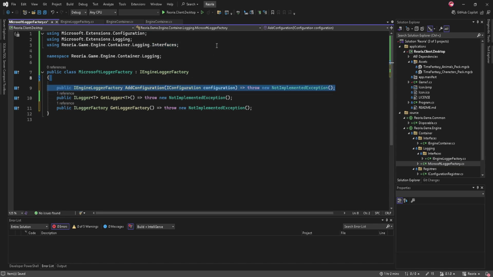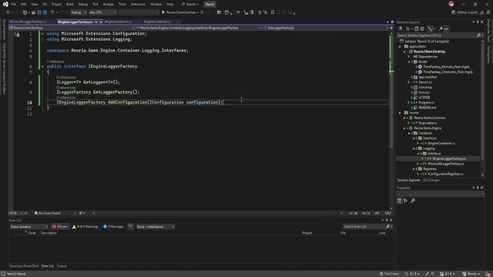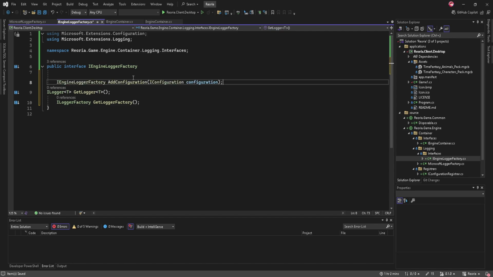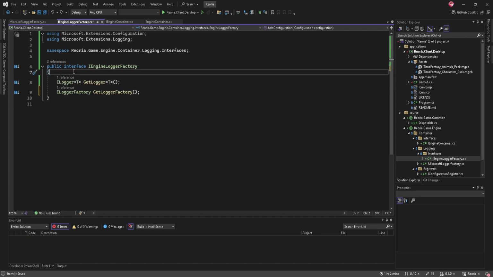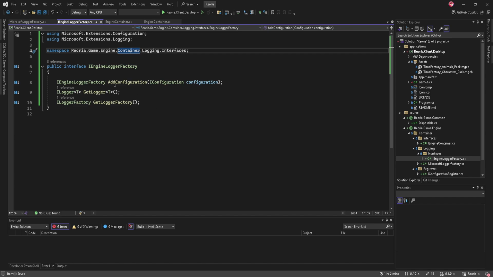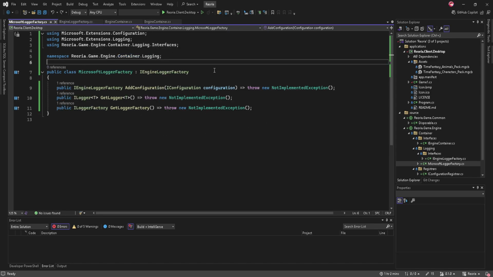Actually, no, we're not. We'll leave that alone. In fact, I'm going to move that up there. There might be some inconsistencies, like you might see pushes on the Git repo, which is just me organizing the code. Anyway,